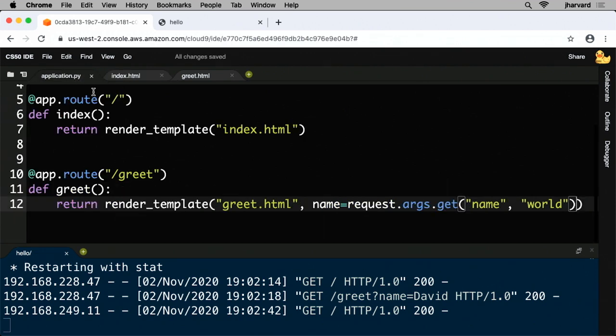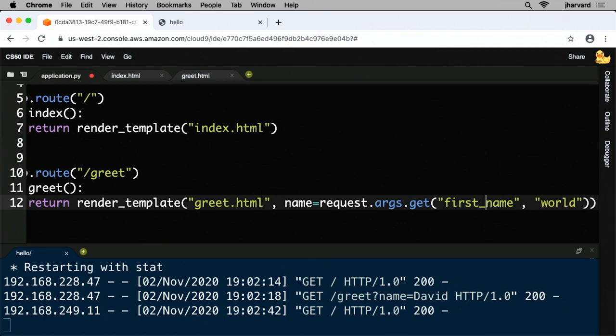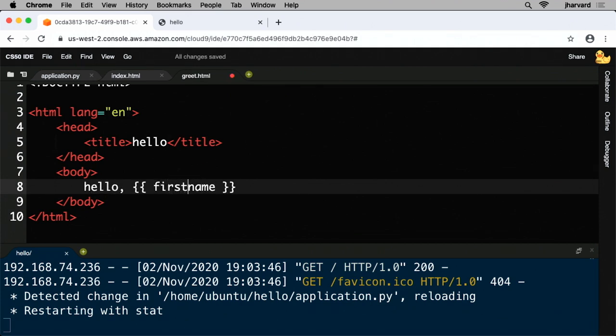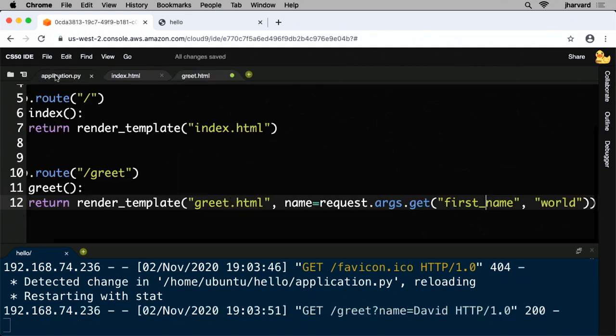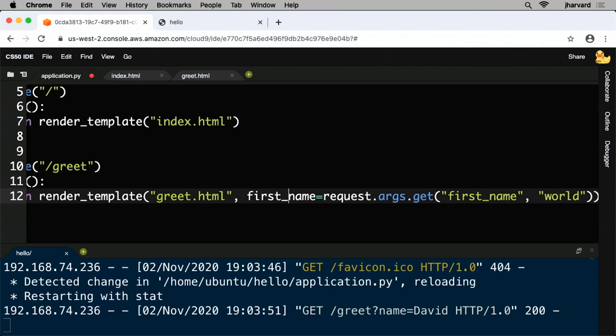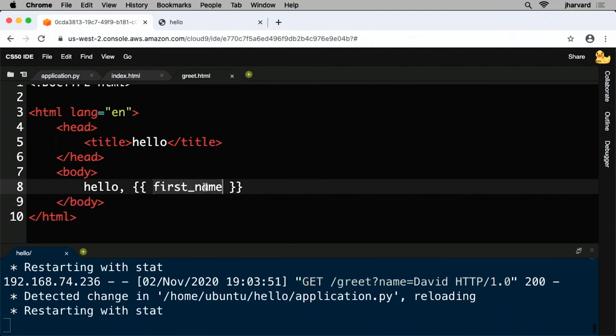Let me now go to my application.py. Let me get the first underscore name HTTP parameter. And then in my template, greet.html, let me change this to first underscore name. And actually, I need to make one more change. I need to change this to first underscore name as well. So it's a little annoying that you have to repeat yourself all over the place, but they mean different things. In the context of application.py, this is a parameter that I'm passing into my template. In the context of this get function, this is the HTTP parameter that I'm grabbing from the URL. And in the context of my template, this refers to the first of those, which is the argument I'm passing